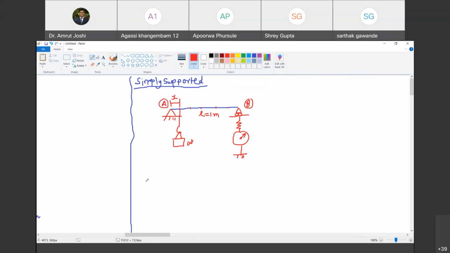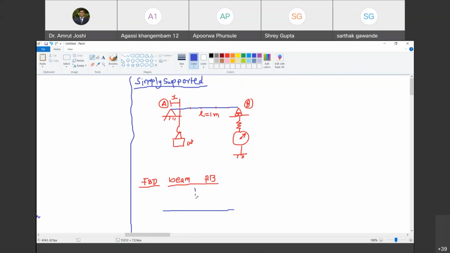So what is the first step that I do? The first step that I am going to do is I am going to apply free body. I am going to draw free body diagram. Happy? Yes, sir. Okay. So free body diagram जब मैं draw करता हूँ तो मुझे क्या करना पड़ेगा? I will have to free this beam. किसका free body diagram? तो beam AB का free body diagram. Are you with me? Yes, sir. So I will have to free this beam from all external agencies. So what is external to this beam? Earth is external. Do you agree with me? Yes, sir. So this beam is going to have its self weight.